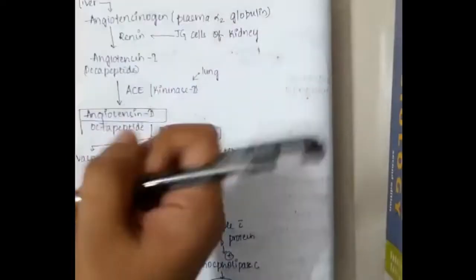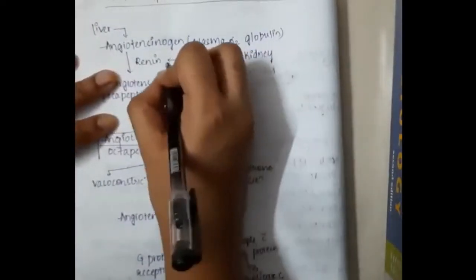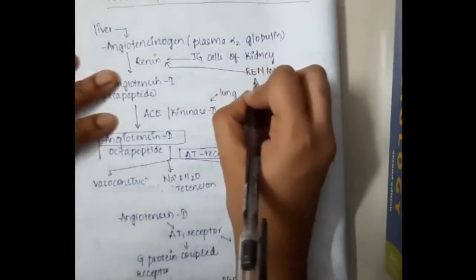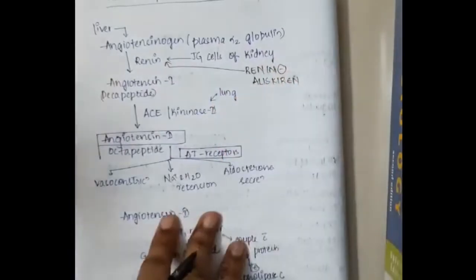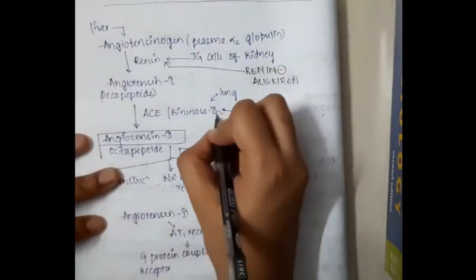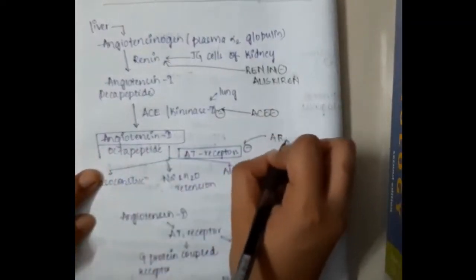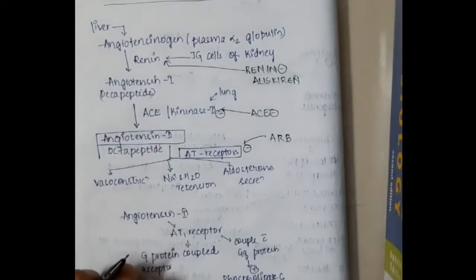Now we will have to learn about the drugs which are acting in this pathway. So renin is inhibited by the renin inhibitor, which is aliskiren. Then we also have angiotensin converting enzyme inhibitors. Then we have angiotensin receptor blockers, which will block AT receptors, that is angiotensin receptors. Then we have to learn about renin inhibitors. So in the renin inhibitors, first we have aliskiren,